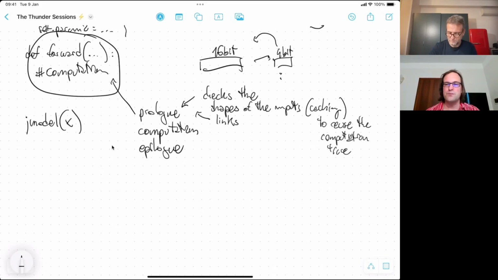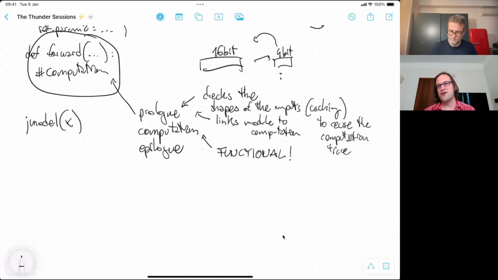In PyTorch, normally this is interleaved because all the forward functions access self.weight or whatever. But for us, we want the computation to be really functional. That means it wants all the weights as inputs. And so the second task of the prologue is to gather all the parameters and things that the computation needs and return them to feed into the computation as